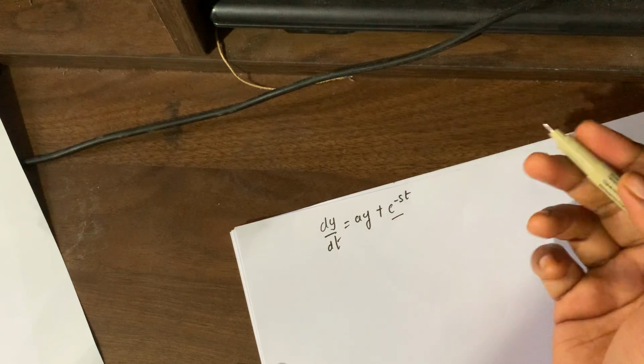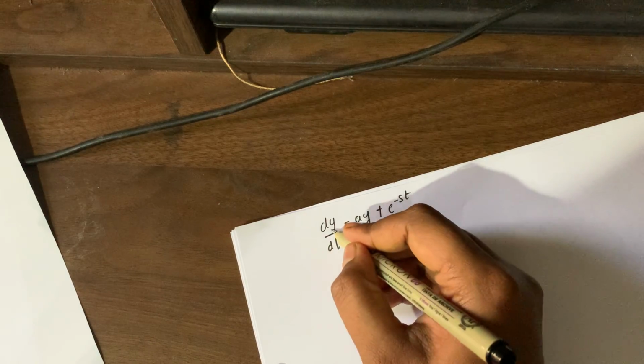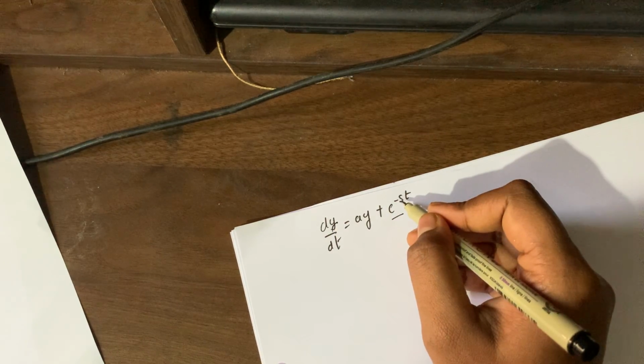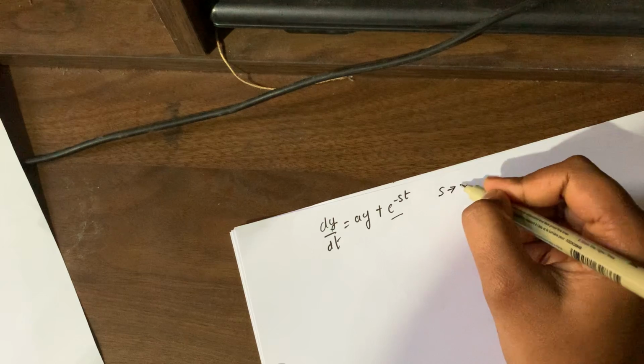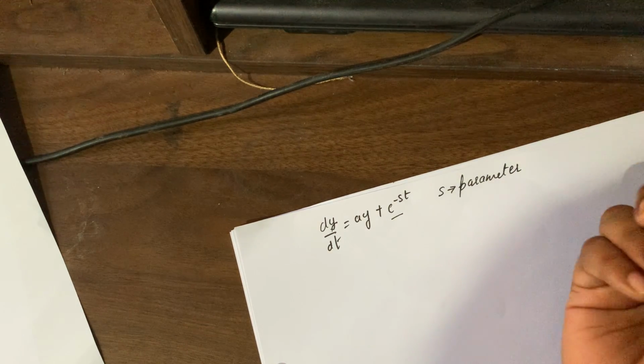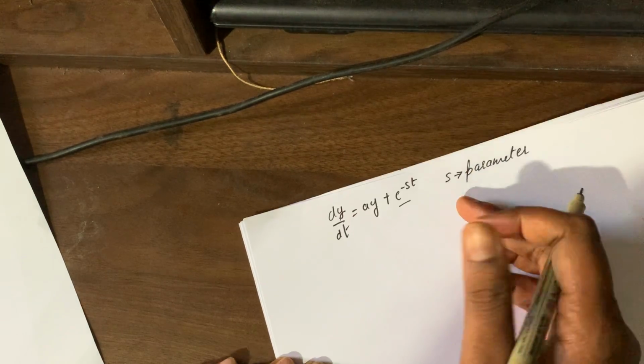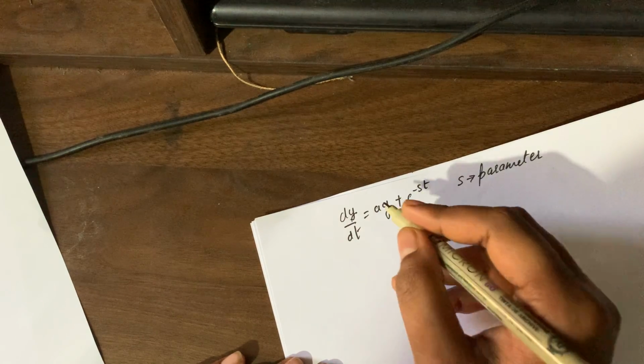So if it is equal to 0, you know the solution to this problem. But we don't want to do that. We are giving an input source of e to the power of minus st, where s is some parameter, like we considered earlier in the first lecture, where we considered s as a parameter, where minus s is equal to like ln of x, the natural logarithm of x. So in this case, we'll be doing this. Okay, so let's solve it.